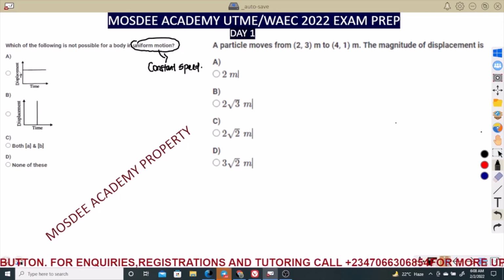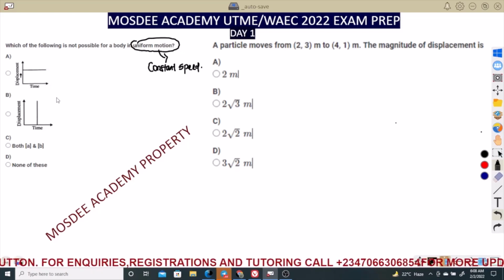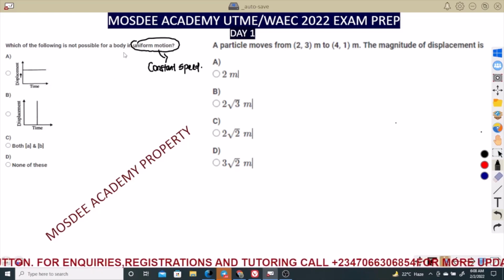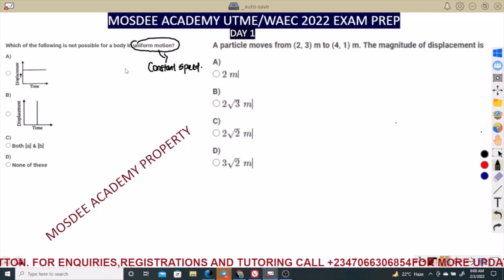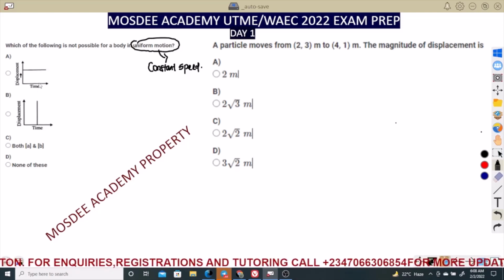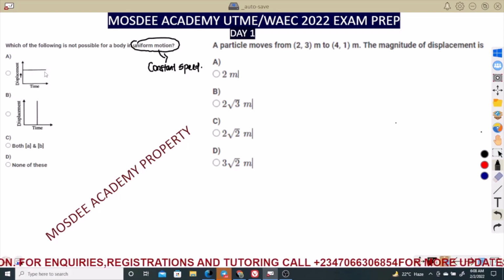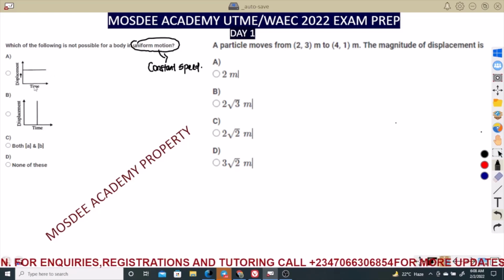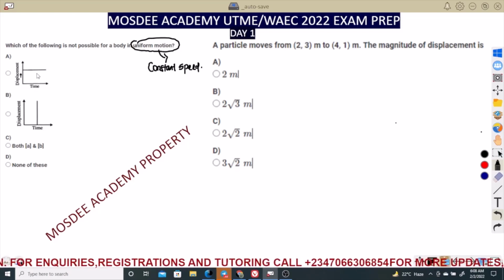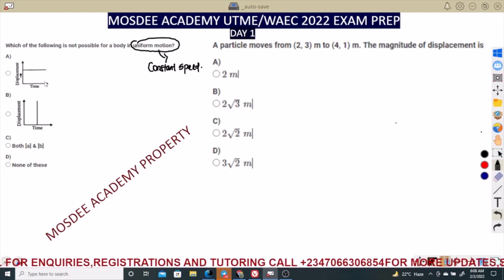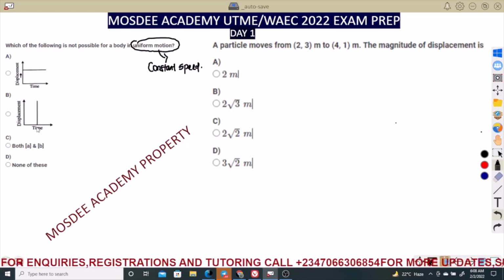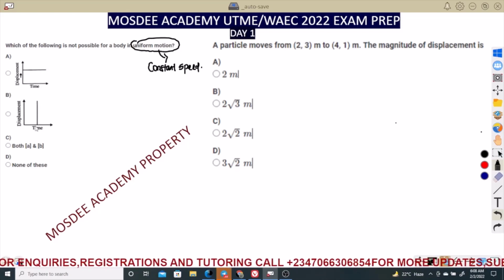So far we're having displacement over time. A displacement-time graph illustrates what we call velocity, because displacement over time is velocity. So directly we can say this body is moving at uniform velocity. You can see uniform because it's constant at different positions of time. The value of the displacement is the same. And at this point, if you also check, you can see here the time is constant. At another position in time, there is no value for displacement.